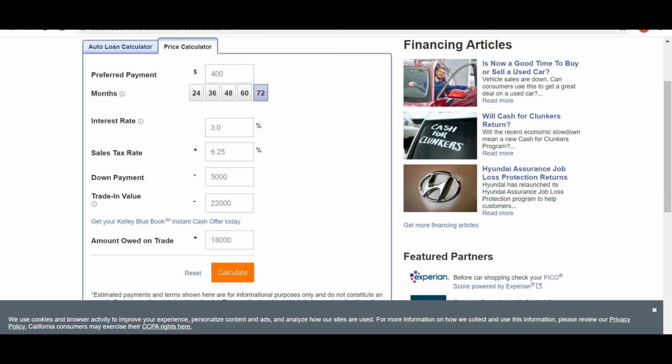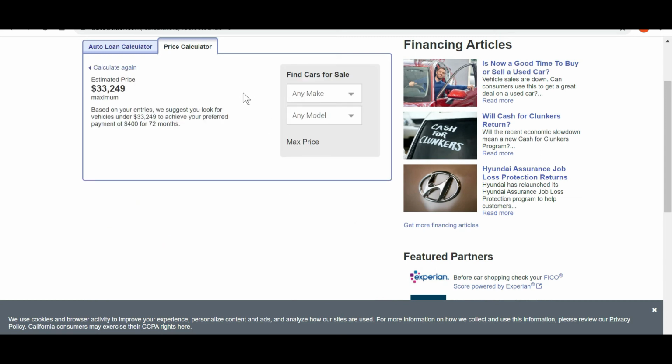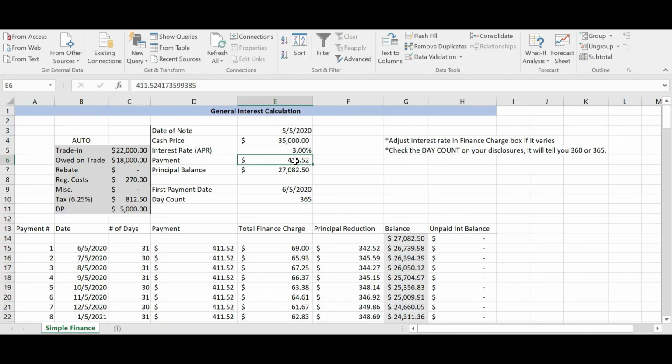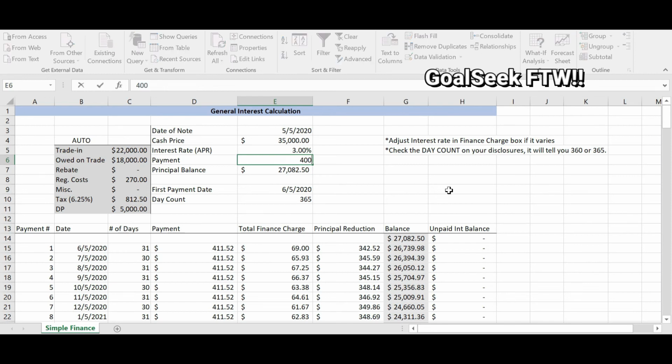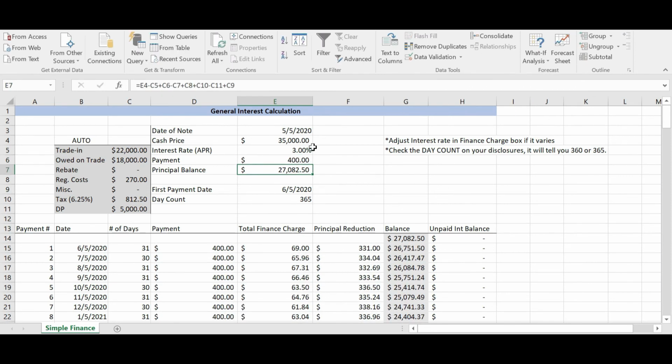Say you want $400 a month. Everything else is the same. So now you're going to say, how much car can I afford here? Well, according to Auto Trader, you can buy $33,249. If I go to my spreadsheet here, I'll use that goal seek feature, but I'll change the cash price instead. So I'll physically enter 400 in my payment, and then I'll go to goal seek,